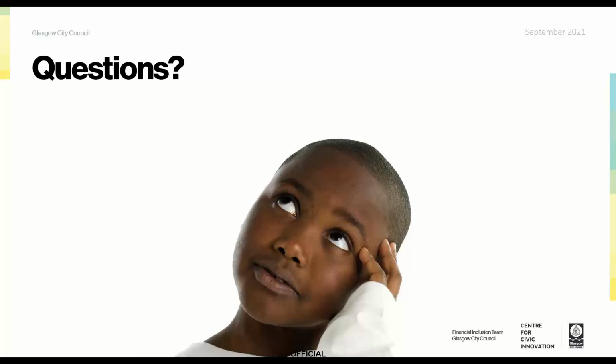So we've recently reached out to Scottish Social Security. We've got a small working group to try and work together to look at some of the issues and how we can both complement each other's work, but certainly don't have an answer just now. So happy if anybody else wants to comment. Thanks. Anybody else want to come in on that?